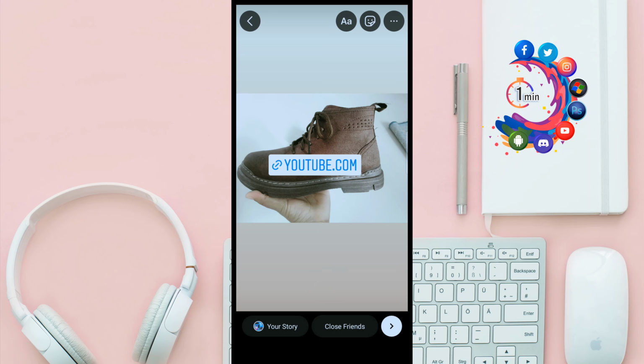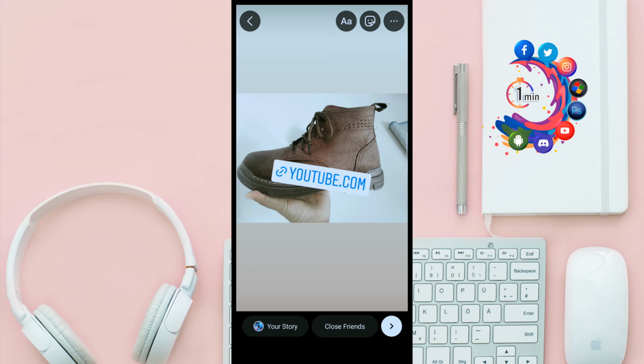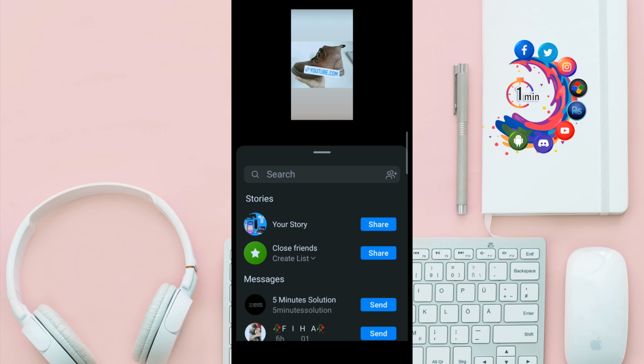And if you want to change the background color and the text color of this link, tap above the link, and here we can see the background color and text color is changing. So I'm giving this one here, and if you want to make the link smaller or bigger, you can do it. Also you can rotate the link, and once it's done, click on the share icon and click on your story,